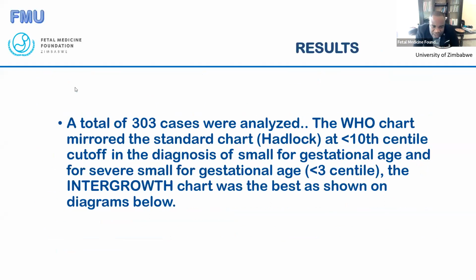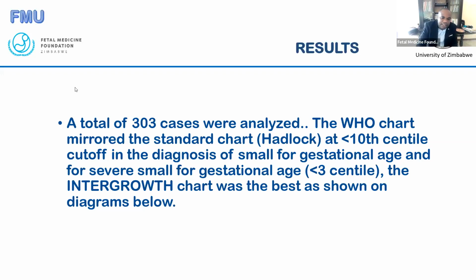So what we noted was that we had to analyze about 303 cases for that period. Those were diagnosed as small for gestational age, and it's less than 10th centile. We noted that the WHO chart could mirror the standard Hadlock. But if you are to further categorize our small babies into severe, that means those who were less than 3rd centile, it was the INTERGROWTH chart which was best in picking up the babies,